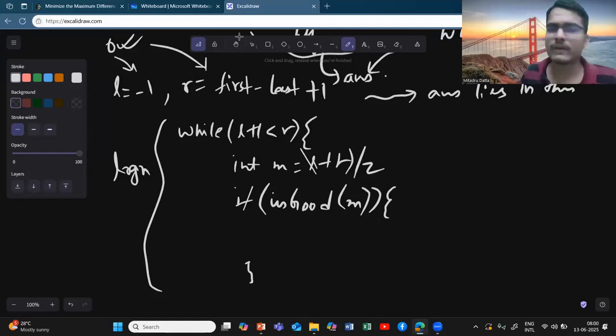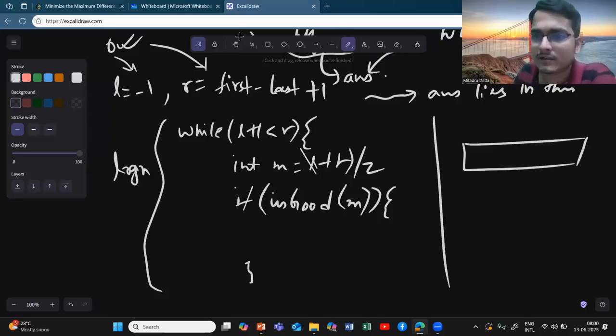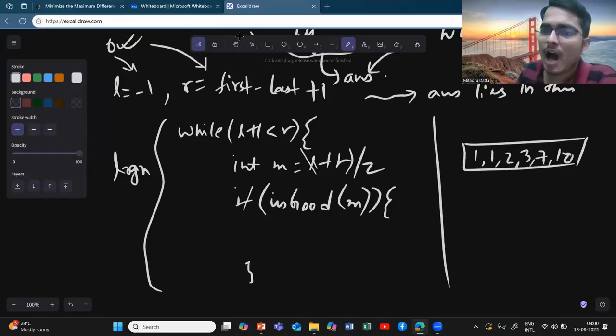Okay. So how will you define this isGood function here is that you go through the array. You try to visualize. You go through the array and you check how many such differences there are which are less than m. Okay. So you see, what do I need to do here? I need to make this the maximum difference. Okay. So if I am able to select p pairs,